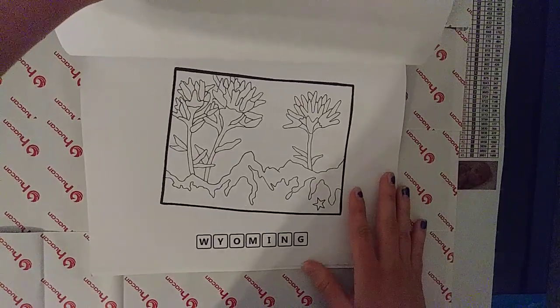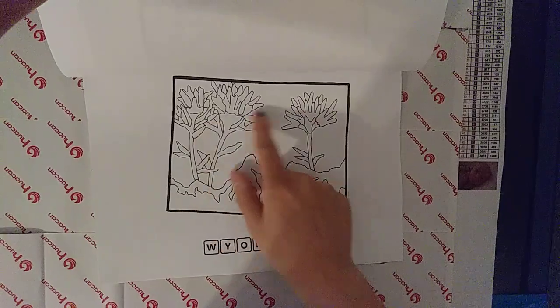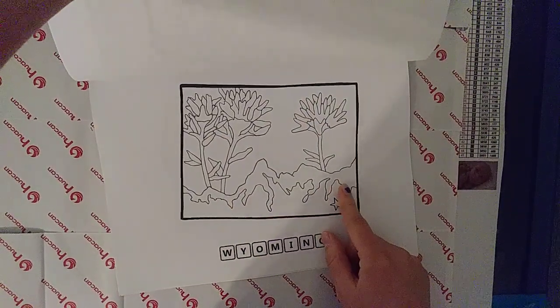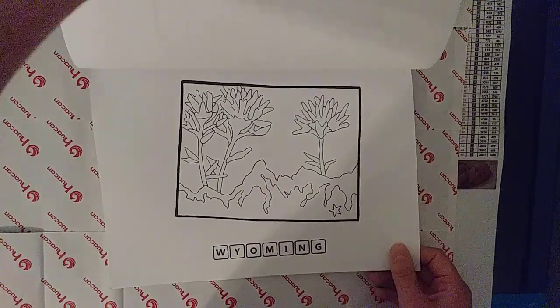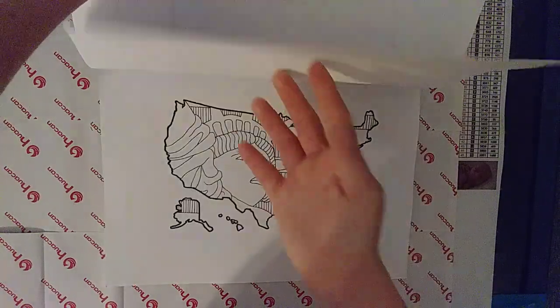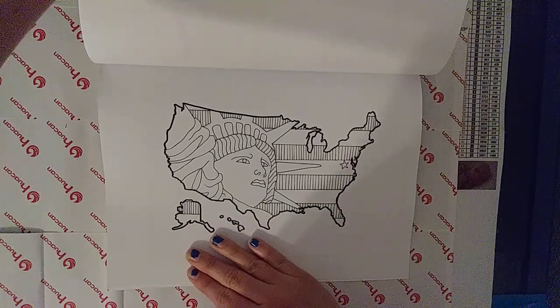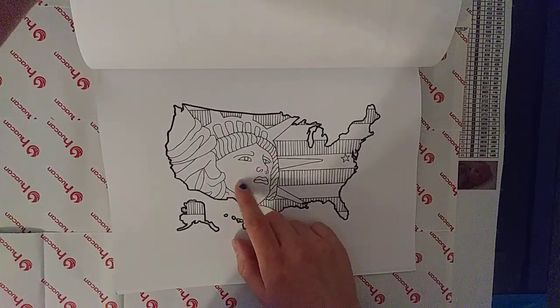Okay, here's Wyoming. These are Indian paintbrush, and then these are supposed to be the Teton Mountains because the Tetons and Yellowstone are in Wyoming, and that's something that is really famous. And then here is the illustration that's on the cover to color in with Lady Liberty,